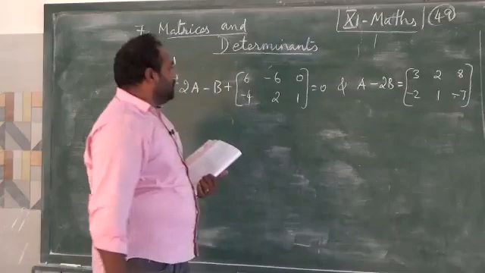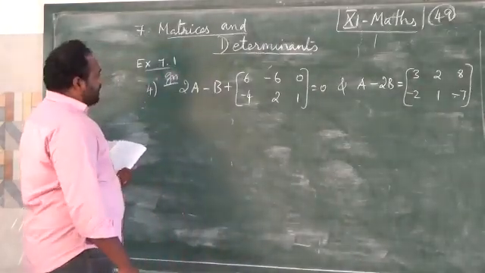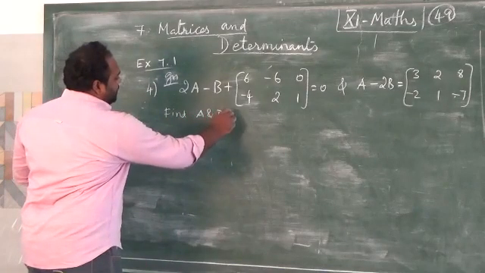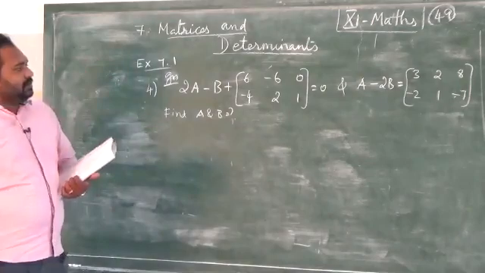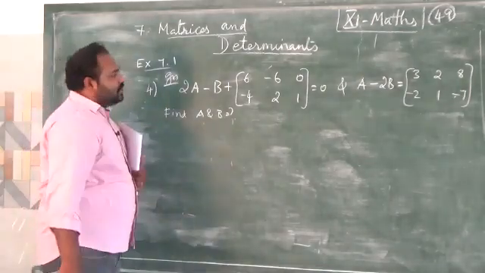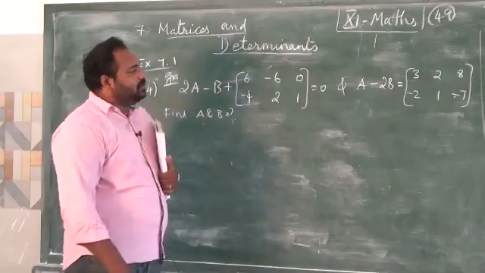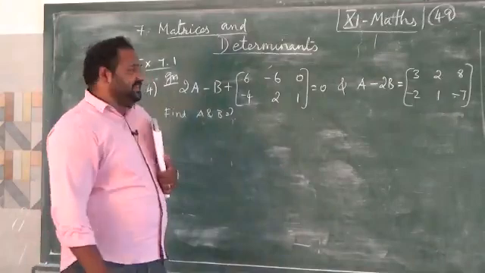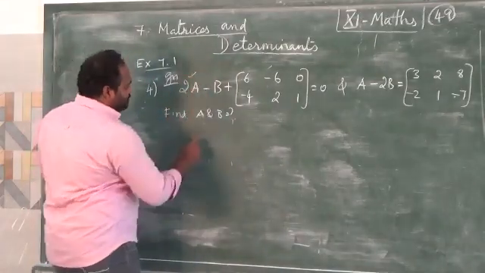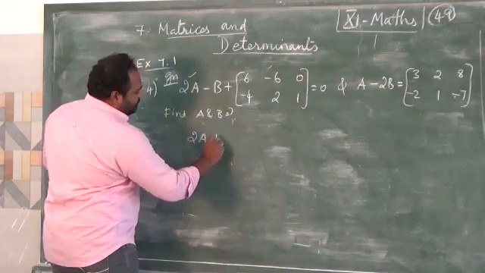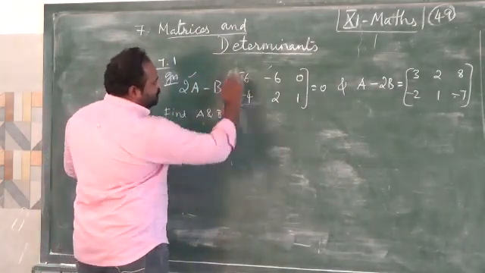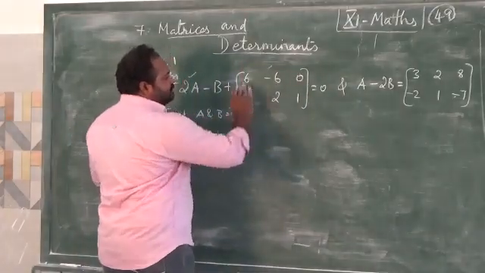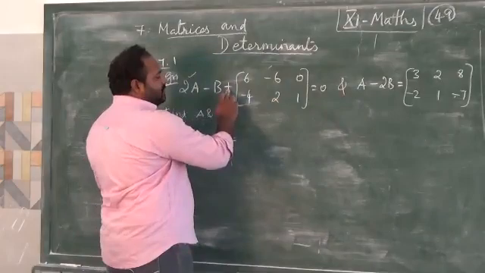So, these two pieces of information are given. They ask you to find matrices A and B separately. Both are required. Look at this condition. I am going to convert the given conditions into linear equations. How can we do this? 2A minus B equals, I am going to bring this whole matrix to the other side. It will be negative because it is positive.